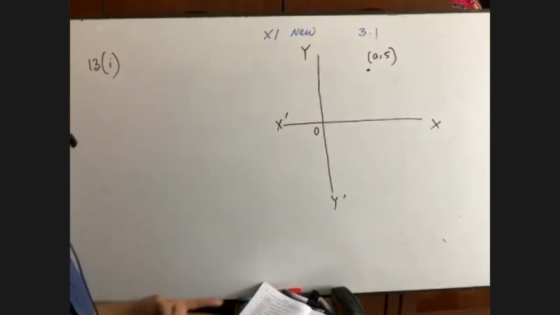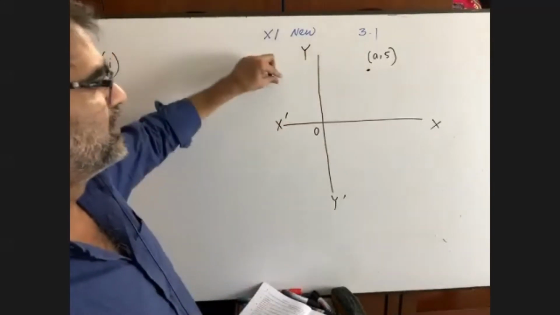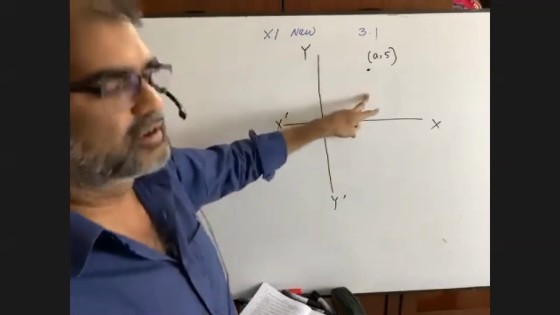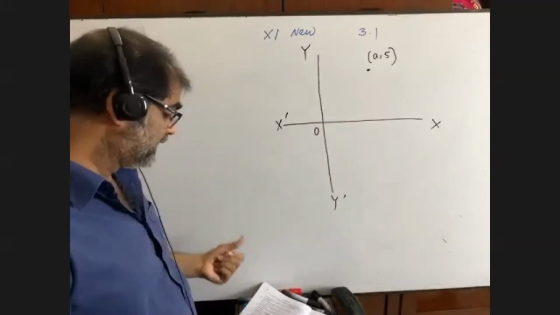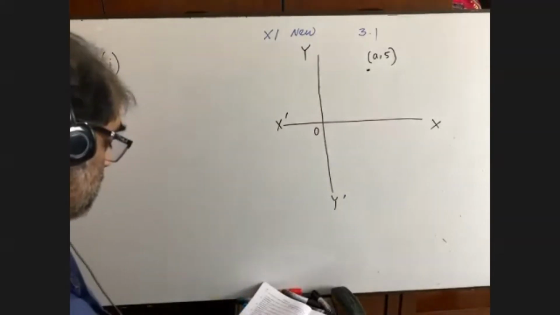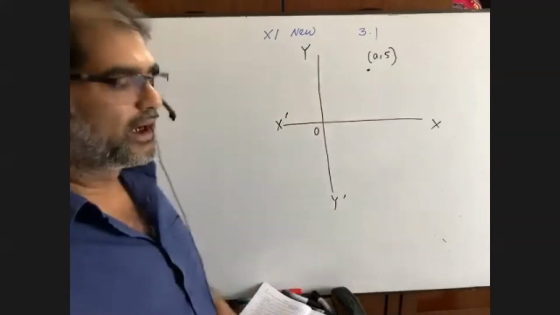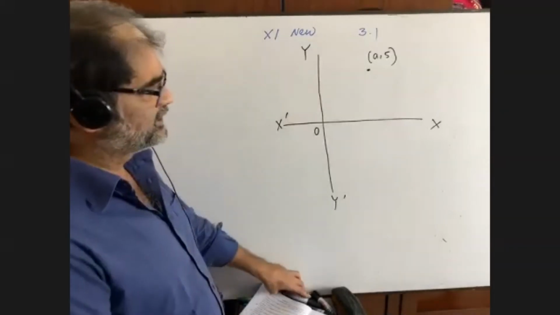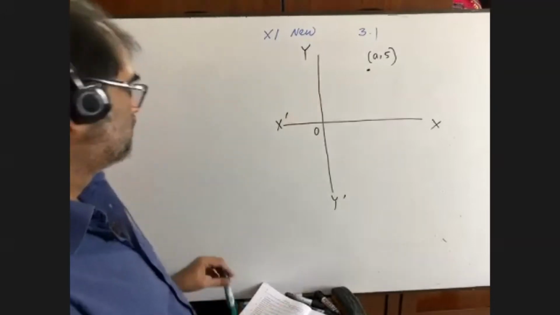A varies here. A may be negative. If a is negative, our answer will be in the second quadrant. If a is positive, then our answer will be in the first quadrant. Anyway, I have let it in the first quadrant because a is unknown. What is the distance of this point from the y-axis? Who can tell me? A.